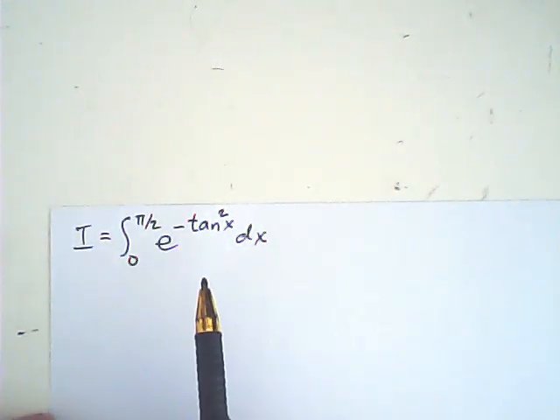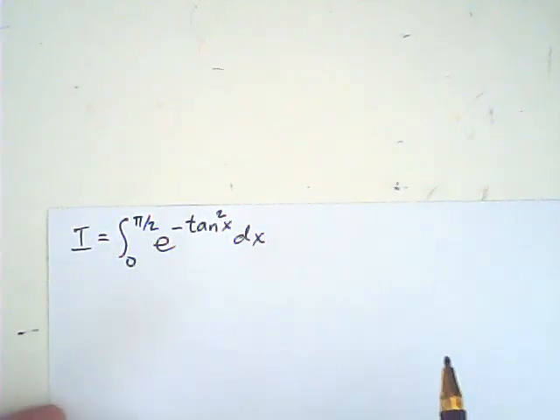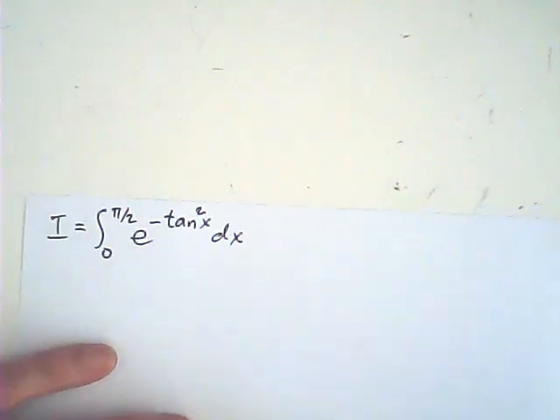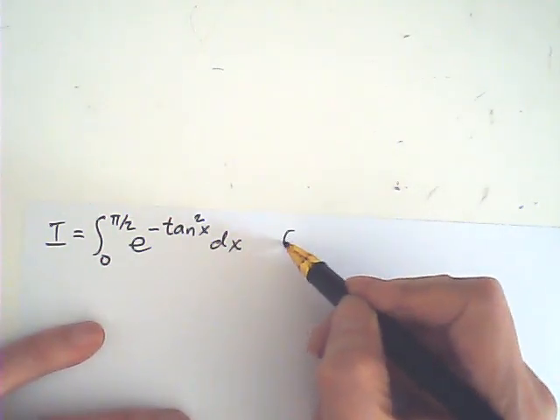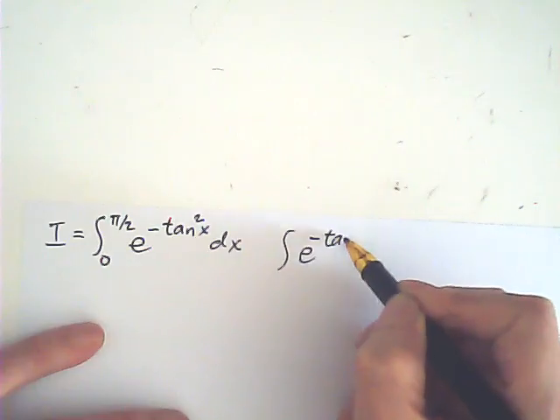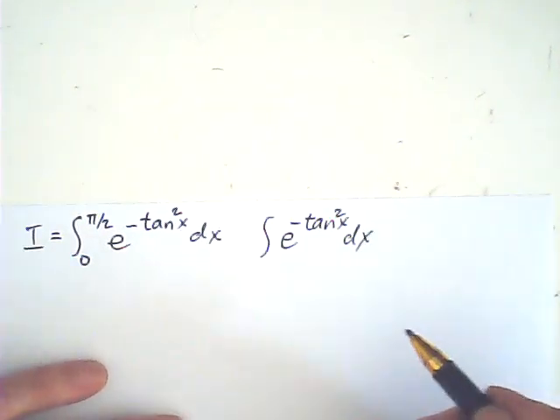This is definitely not an easy integral. Here I would like to show my own method. Well, maybe it's original because I haven't seen anybody do it. Now I start with the indefinite integral of e to the negative tangent squared x dx, the antiderivative of